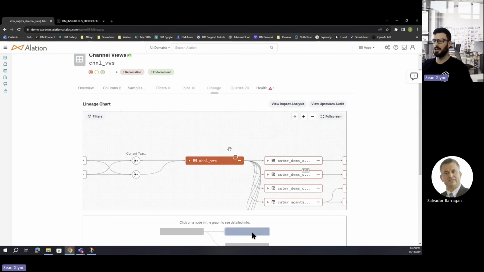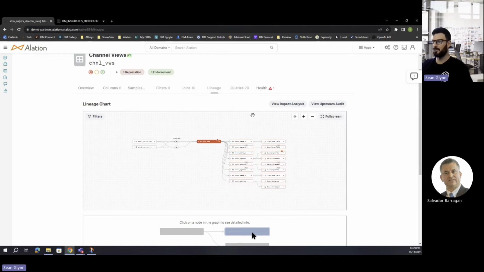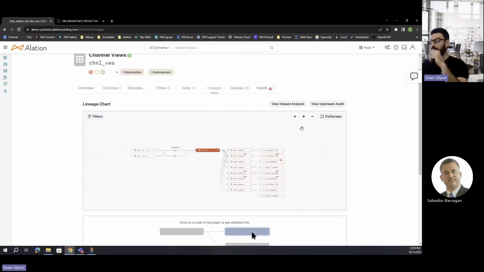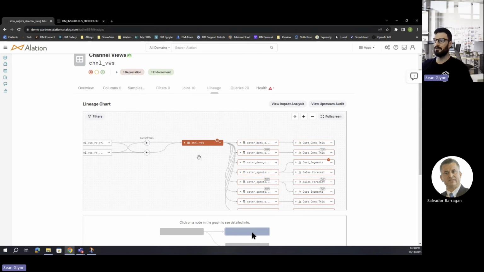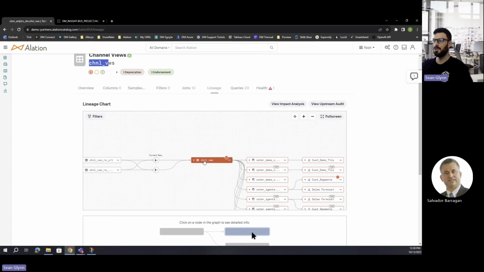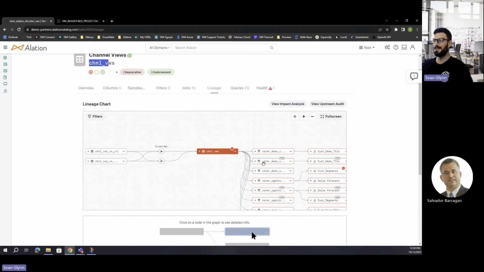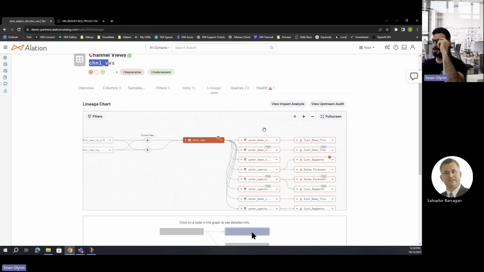sections here. So this top section is probably what your eyes are drawn to first. You have the ability to zoom out a little bit depending on how in depth this lineage view is and how wide it gets. But you can see front and center here is our channels view table. And you can see both what's upstream and downstream from this particular table and everything that it's connected to. In this case, we do have the ability to use this drop-down arrow to take a quick glance at the columns that are involved in there. And you would also see the lineage, the path of the columns as well,